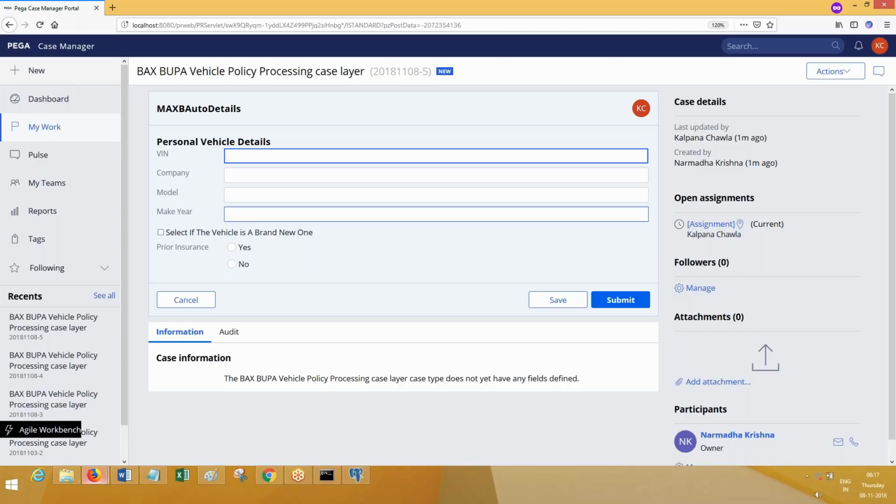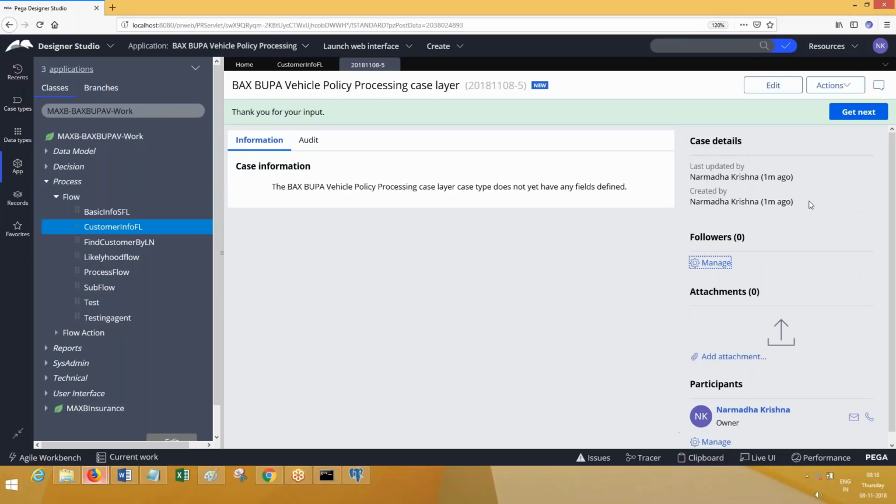Route to create operator. The first one will be available to manager 1. Second one, manager 1. Third assignment, manager 2. Fourth assignment, manager 2 is the current operator. Fifth assignment, create operator. Whom will it be available to? The user who created this case. That is what create operator is. Who initiated the case is the create operator. This is clear? This is the basics of the functional idea about routing.